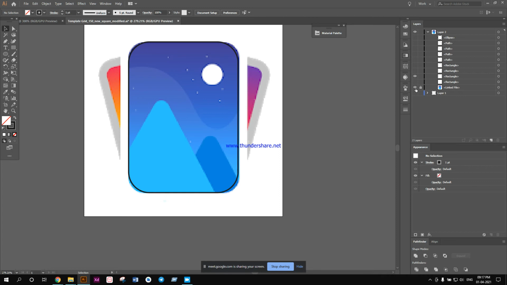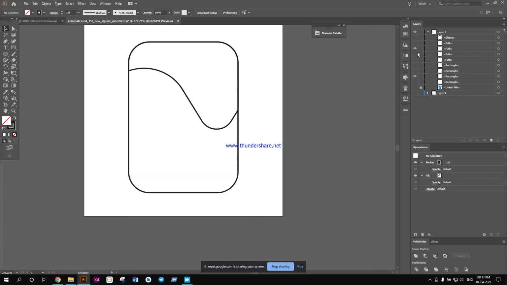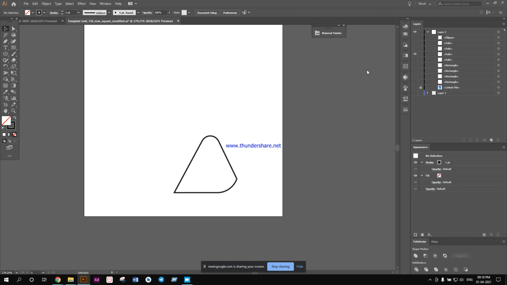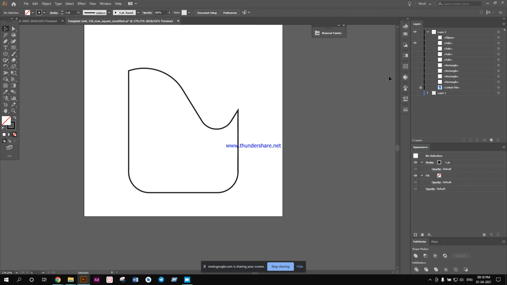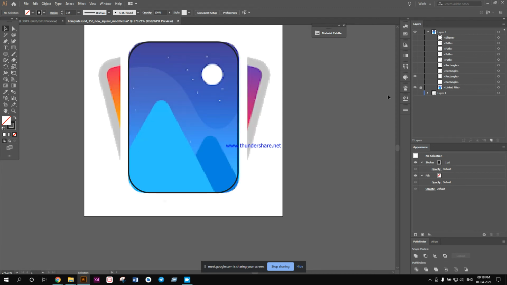Now if I open the design, you see only the lower part of that is actually white, so I can delete the upper part. I have to keep the lower part and give it a white color. That's all. Okay, so all my elements are ready as of now. So I have to start building the icon.